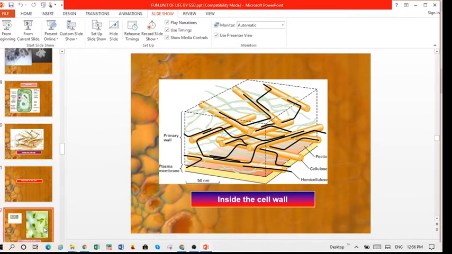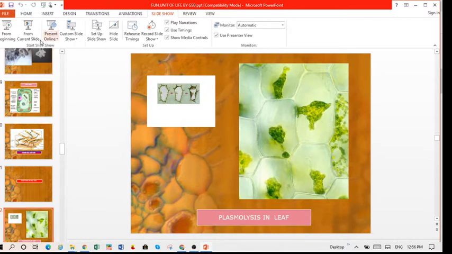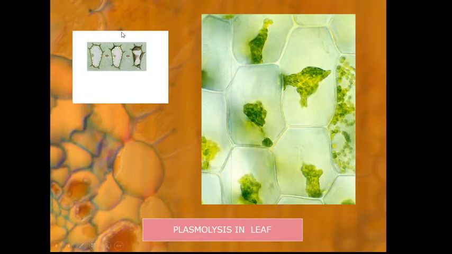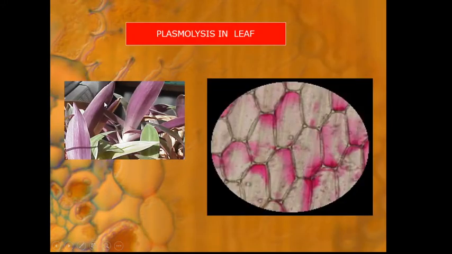So you can just see now. These are called Rhoeo leaves. You have heard of the Rhoeo plant? In this, you will be able to see the chloroplast granules very easily like this. Very well you can see them. This is the normal cell you can find. This is the Rhoeo plant.